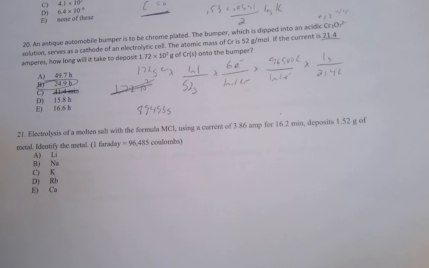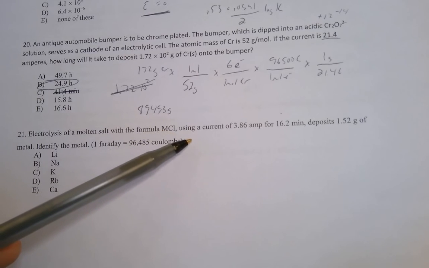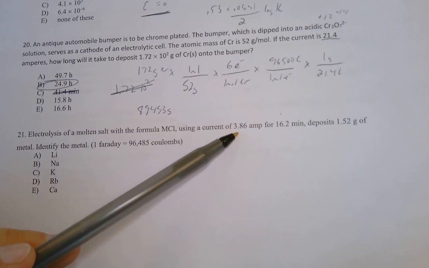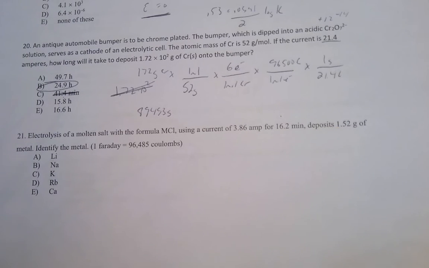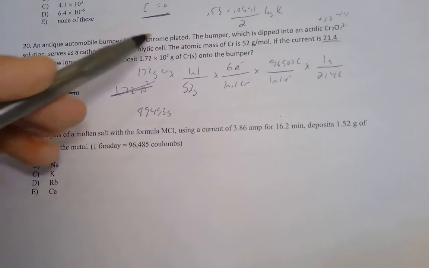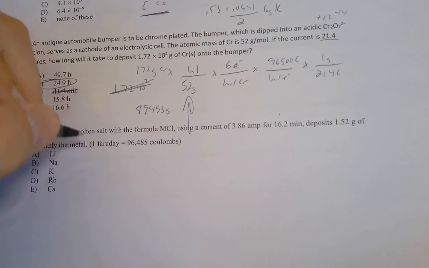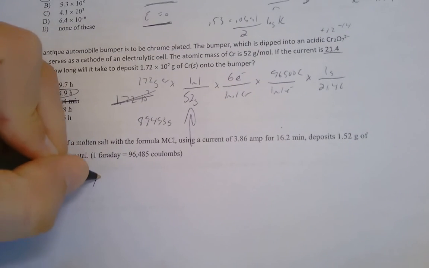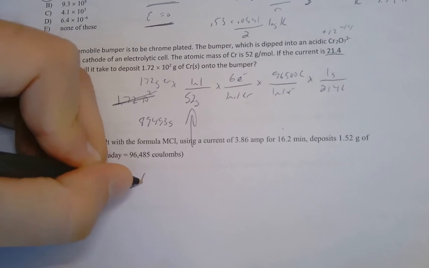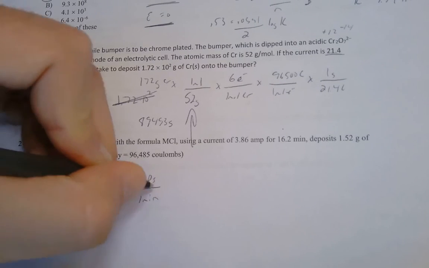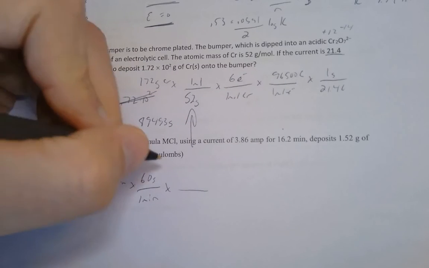Similarly, electrolysis of molten salt with the formula MCl using a current of 3.86 amps for 12 minutes deposits 1.52 grams of the metal. We want to identify it. So I'm thinking molar mass. As soon as I read this, I'm thinking this is the step we're missing right here. Basically, we're going to work backwards and we're going to be able to figure how many moles we're talking about, and then we'll figure molar mass, right? So we'll work backwards. So we say 16.2 minutes times 60 seconds for every 1 minute times, let's see, for